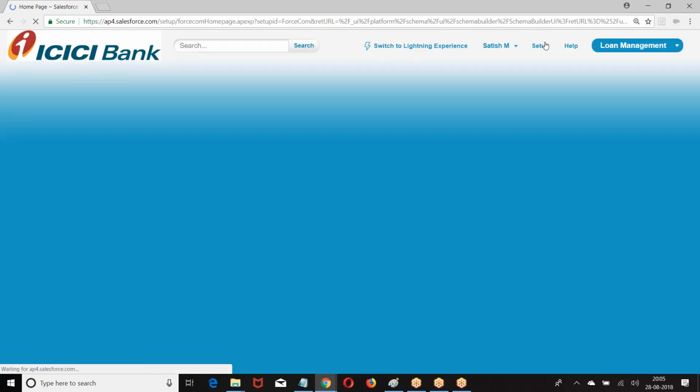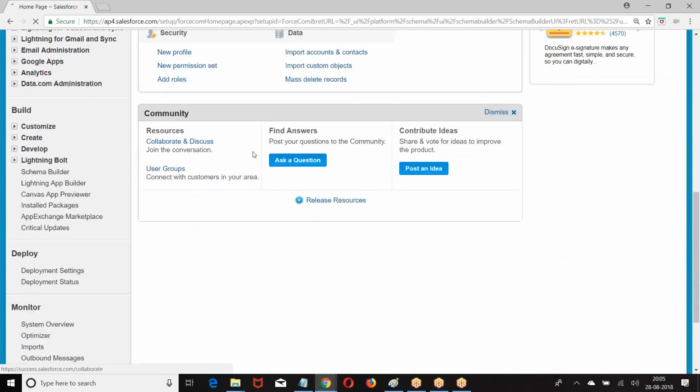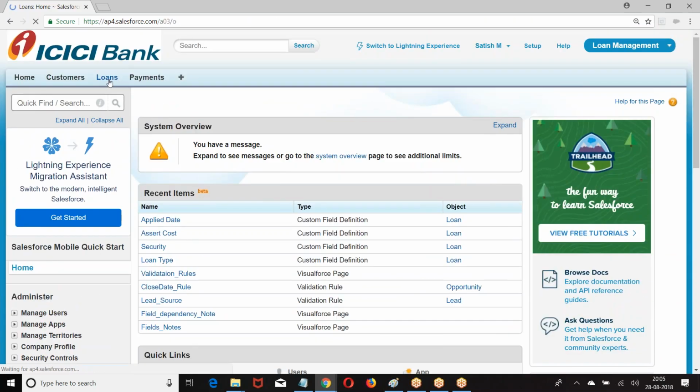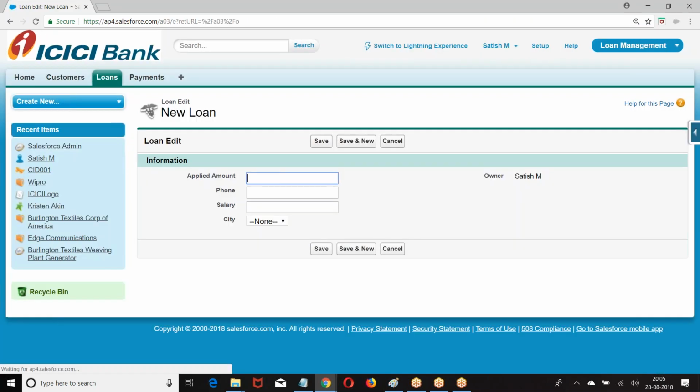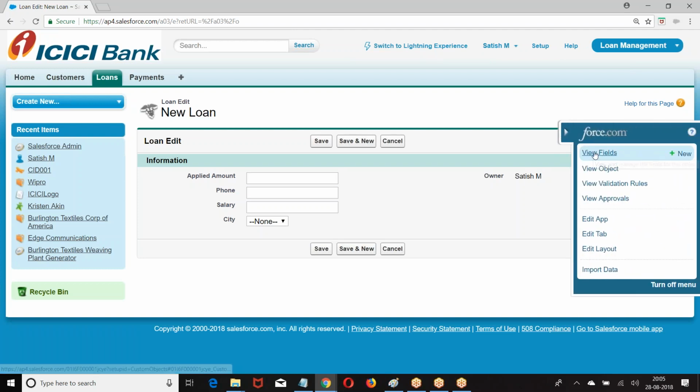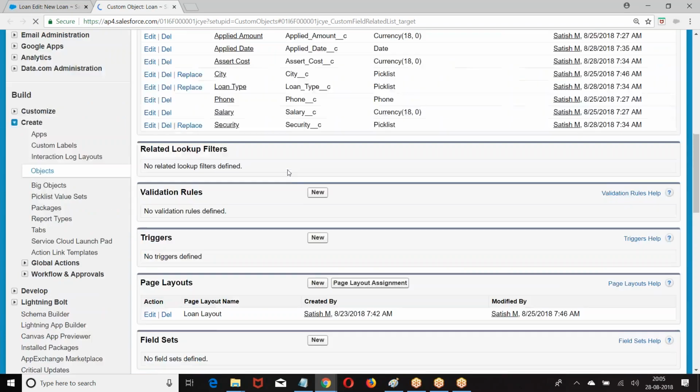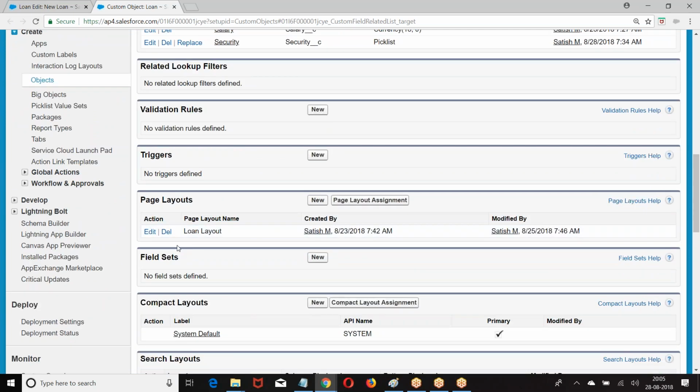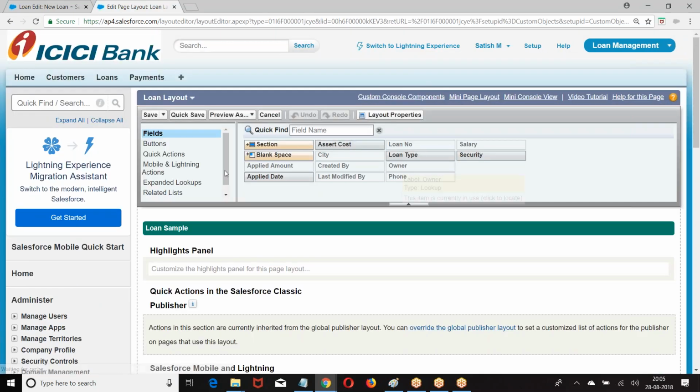Then, all the fields I have created are not available here. So what should I do? Go to the layout and add the fields.